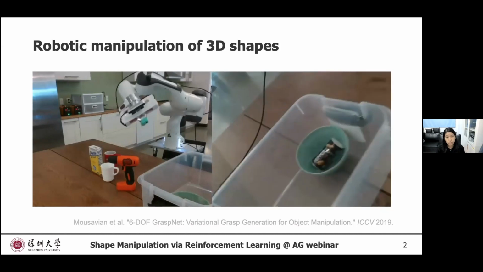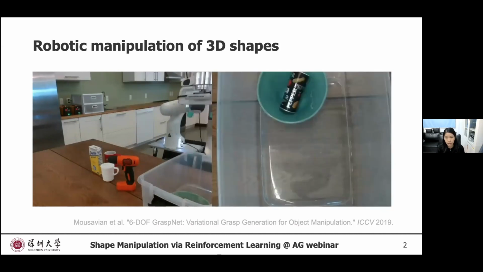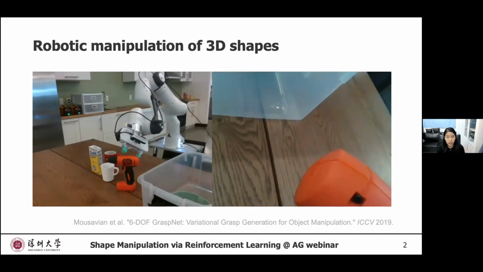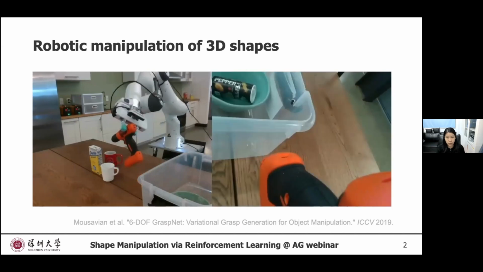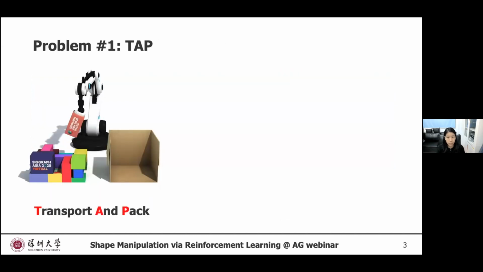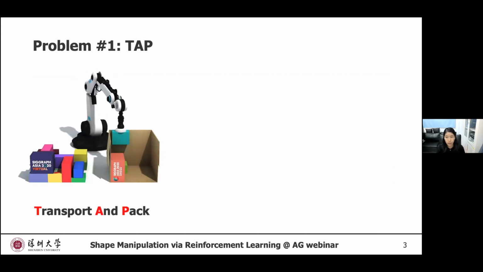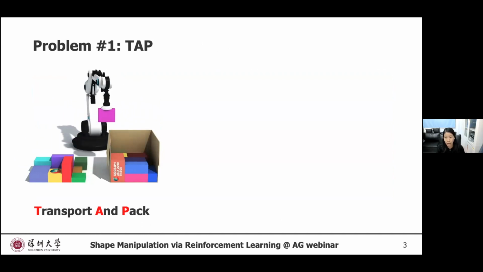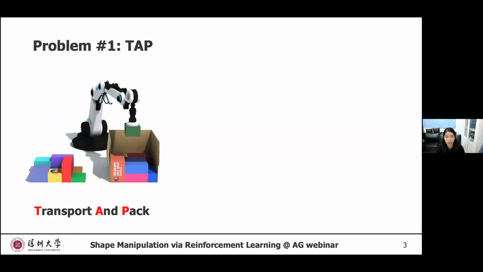The two works I'm going to introduce today can be considered to have a similar goal, but with optimization focused on different stages of the task. The first variation is what we call the transport and pack problem, where we simplify the objects and grippers and focus more on the packing order and final packing state. Given an initial configuration of objects, the goal is to iteratively transport and pack the boxes compactly into a target